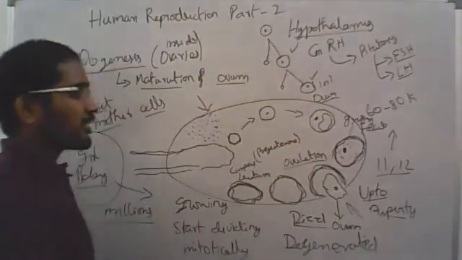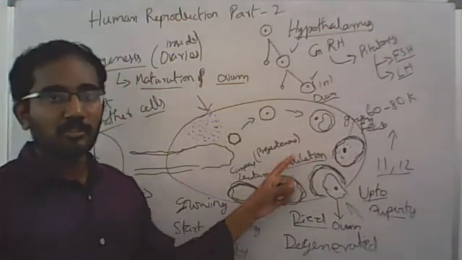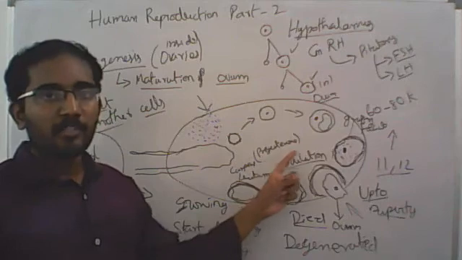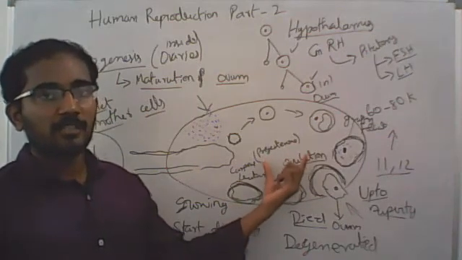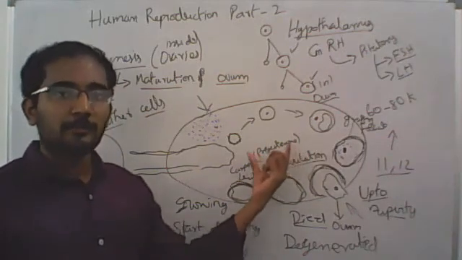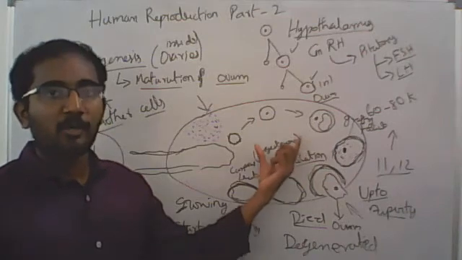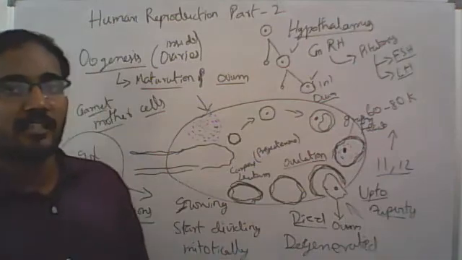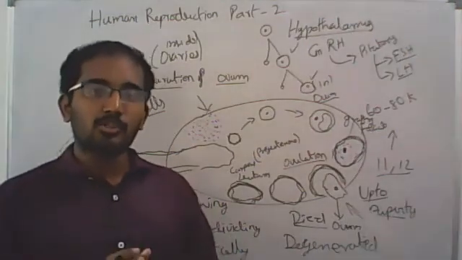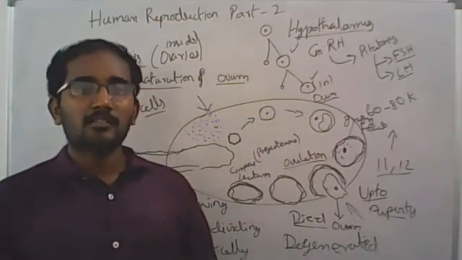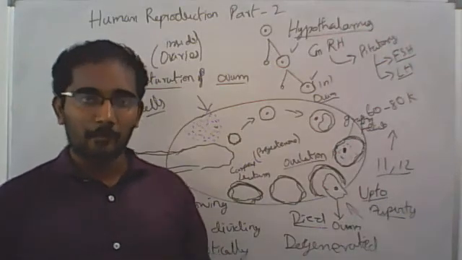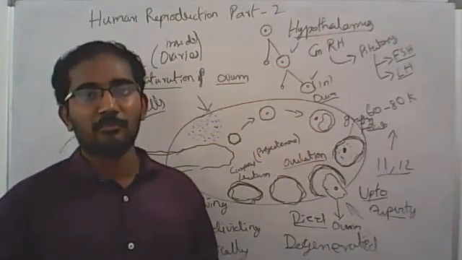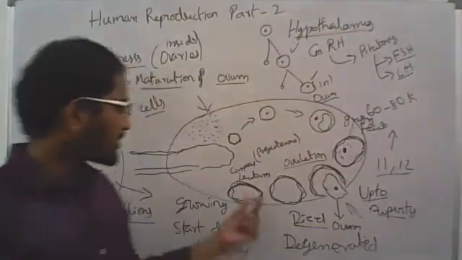They just secrete progesterone. Progesterone is one of the important female reproductive hormones, and it is responsible for building up the endometrium layer of the uterus. We just discussed in the last class that the endometrium is the innermost part of the uterine wall, where implantation will happen in the next steps in future. Okay, so let's discuss again.